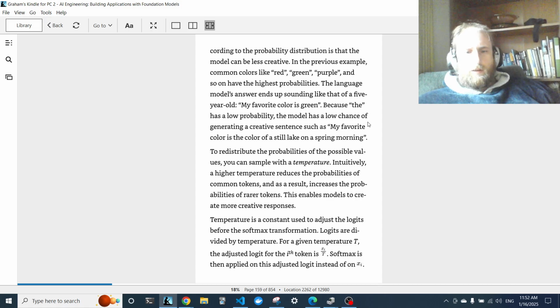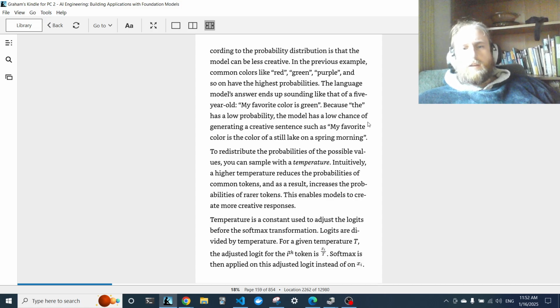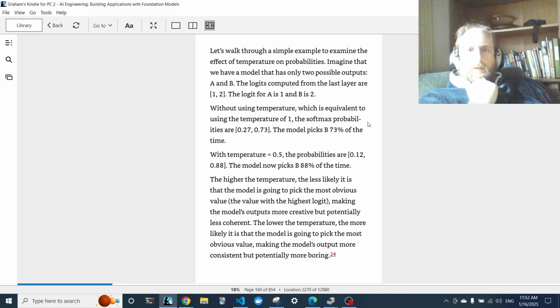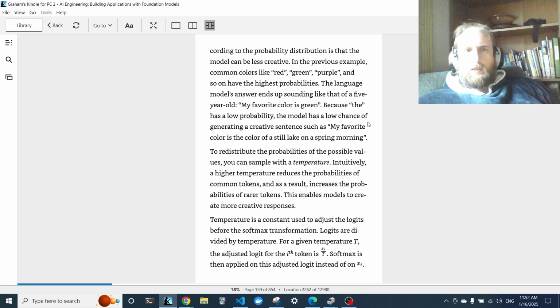Softmax is then applied on this adjusted logit instead of on x subscript I. Let's walk through a simple example to determine the effect of temperature on probabilities. And remember, temperature has its own meaning. In this case, temperature means